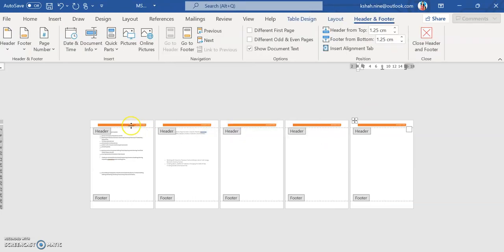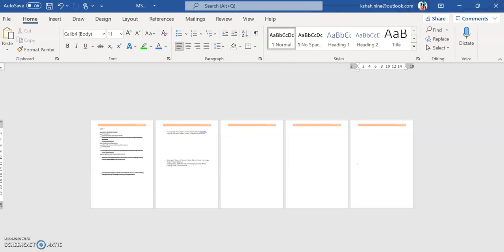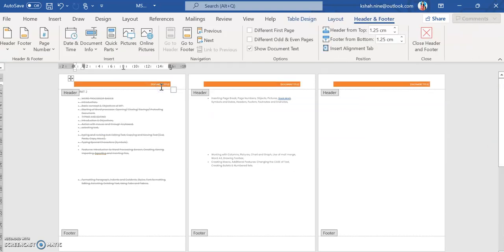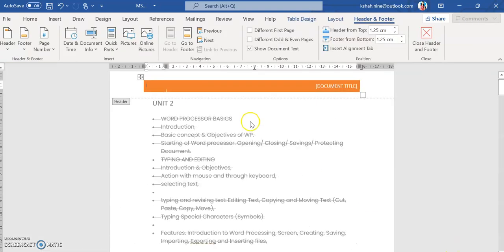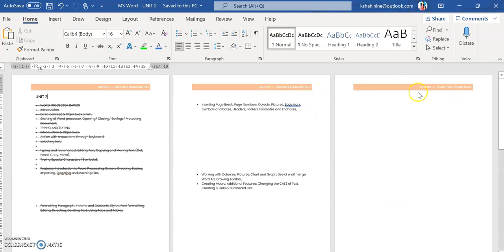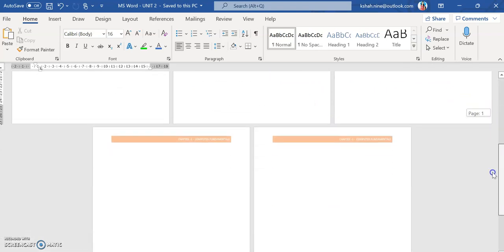Okay, there is some problem. Okay, that is actually related with my Word document. Okay, now see what you can do. You can write here. Suppose I want to write that computer fundamentals, right? Chapter 1. So I want this on each and every page. So save it, close it, and now I'll show you each and every page. See, you can see this header on each and every page, right? So you can add the header.